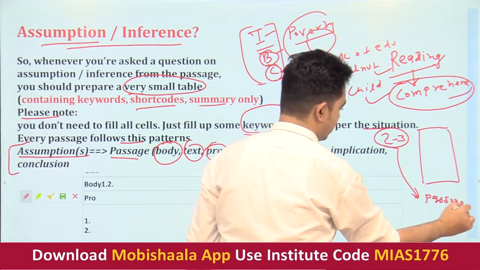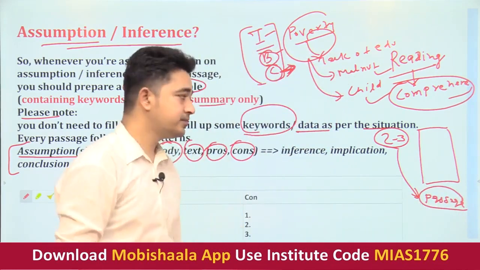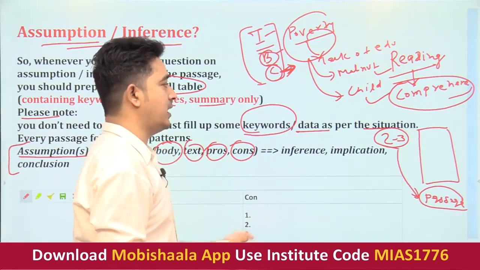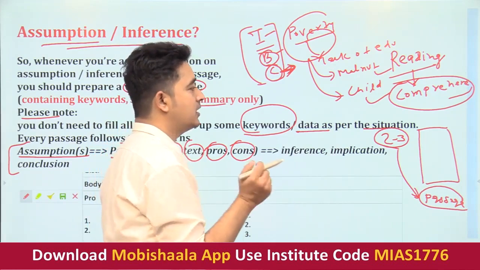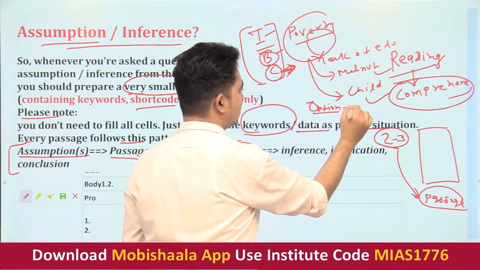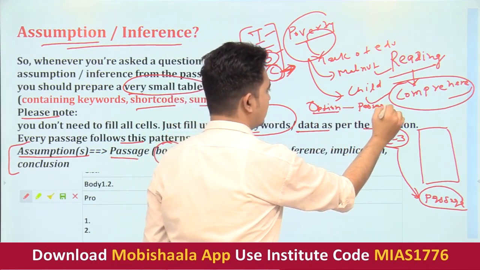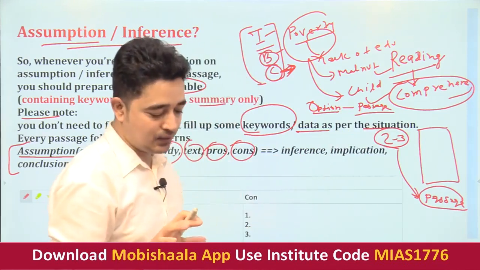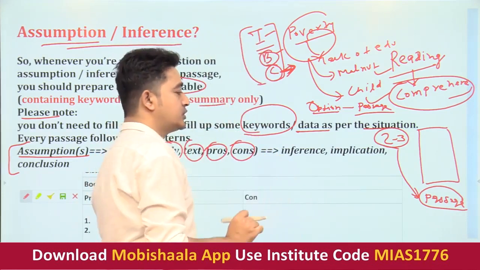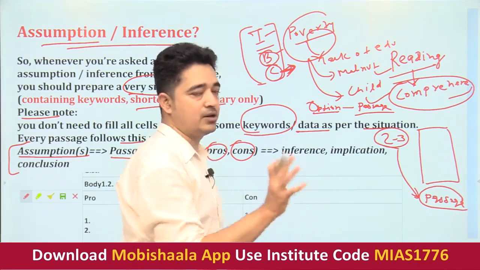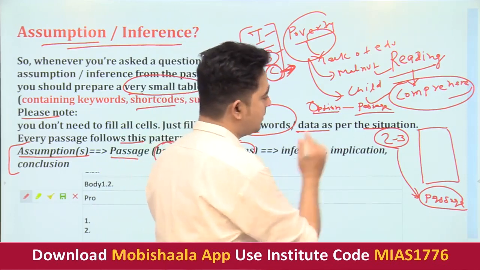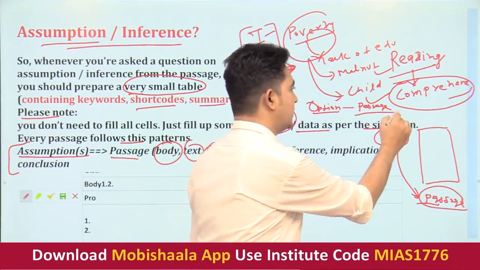Sometimes students who are very novices in this solve the passages for exams like SSC, banking and lots of other exams. Most teachers say that first you have to read the options, and then you need to solve the passages. This trick will work only in one-day exams like SSC and banking. It will not work in the UPSC because that is something different. So we have to understand first what the exam requires and what exactly we are doing. The two are different things. So basically the passage is here and then the comprehension is here.